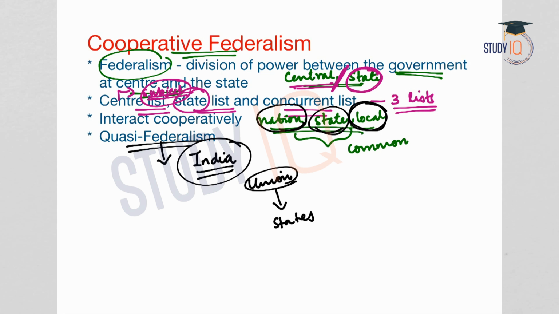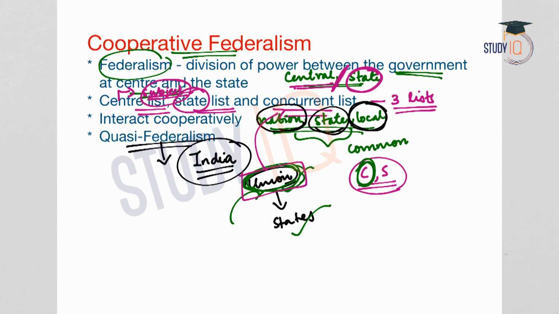Even though the powers are divided among the central government and the state governments, there is a tilt of power towards the central government. That means the union has more powers. For example, the concurrent list. On the concurrent list, both the center as well as the states can make decisions. But if both the center as well as the state take a decision, the decision of the center will prevail over the state. So in such a way, there is more power to the union government. We will learn about these features which make the union government more powerful in the polity lectures.